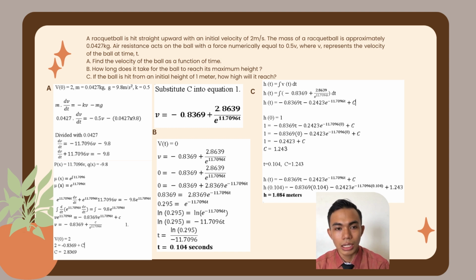And then lastly, number C is: if the ball is hit from an initial height of 1 meter, how high will it reach? For part C, we integrate the velocity to get the height, and then we substitute the equation before, and then we get the answer